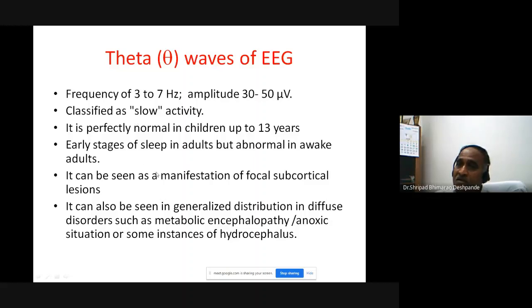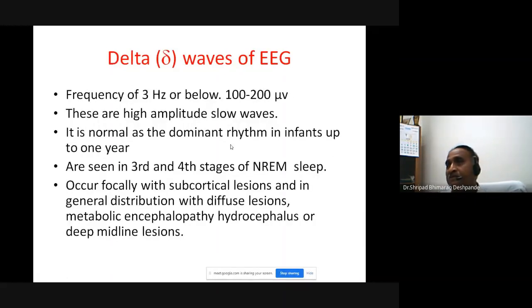Okay, so now these are slow waves, large amplitude, appearing during sleep and seen in children and in adults in sleep. Now come the delta waves. The delta waves of EEG, their frequency is 3 hertz or less, and very high amplitude. And these